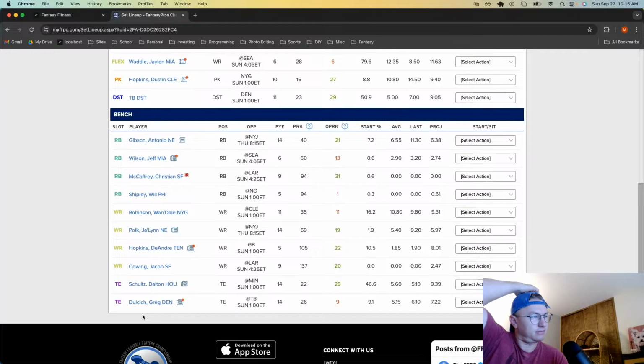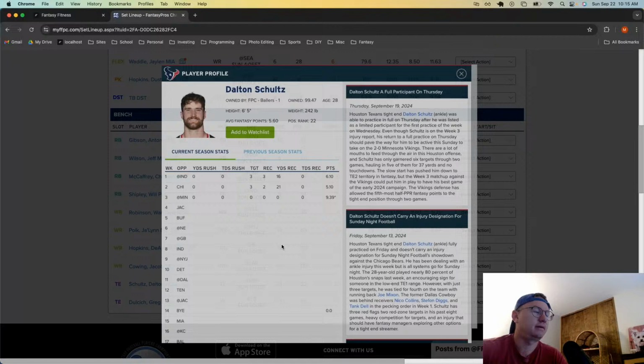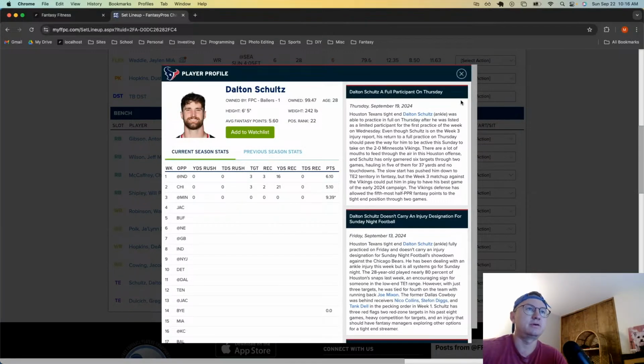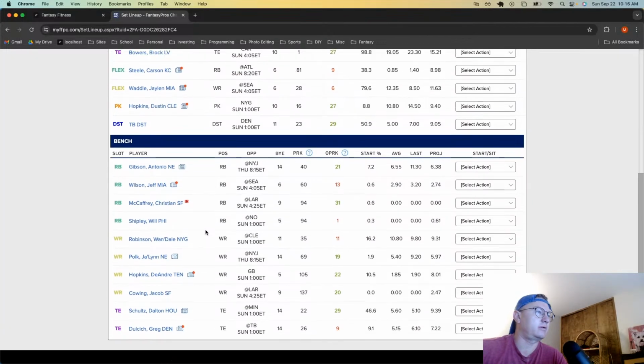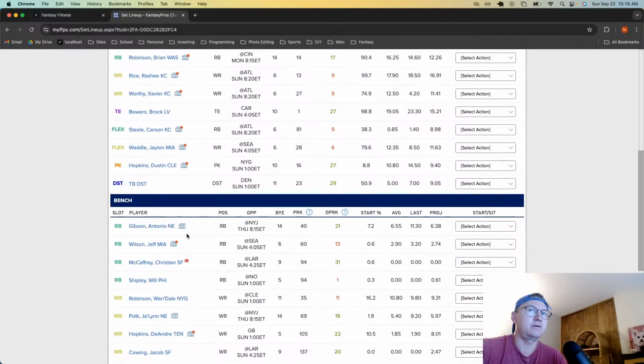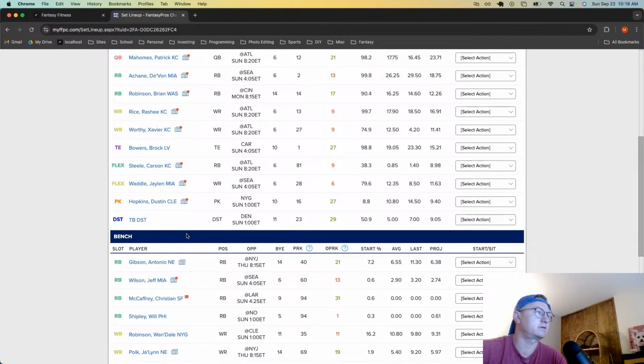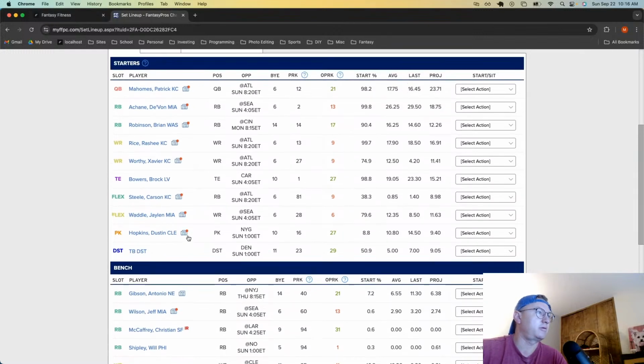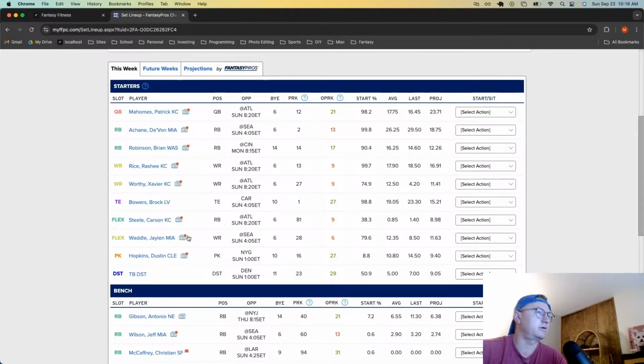Dalton Schultz. No, not a start right now, even though it's a good matchup. Just not enough volume. Cowing. Hopkins. I could see how Hopkins gets there. I just don't know if I want to play Hopkins over Steele. I don't know. I think I'm okay waiting for Hopkins in this scenario because I have Steele. If I didn't have Steele, I'd probably play Hopkins, but Steele over Hopkins, you play Waddle, Bowers, Worthy, Rice, Robinson,